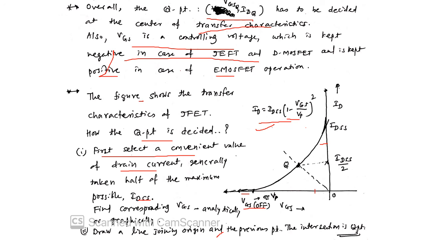So this is a line drawn from the origin to that point, and this is our Q point. The idea is first we decide ID equal to IDSS by 2, and correspondingly we find VGS. So that decides the operating point. So this was all about the